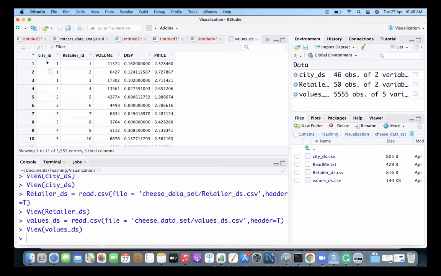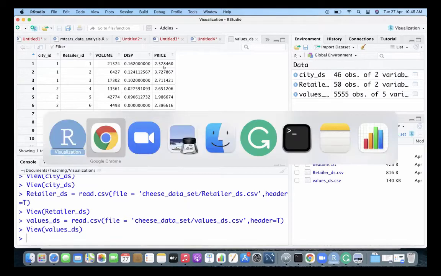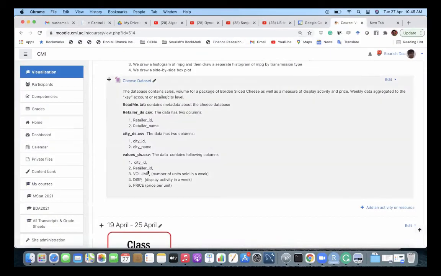The first 2 variables are the city ID and the retailer ID. Then it has 3 variables of values: volume, display activity, and price. Volume stands for number of units sold in a week.